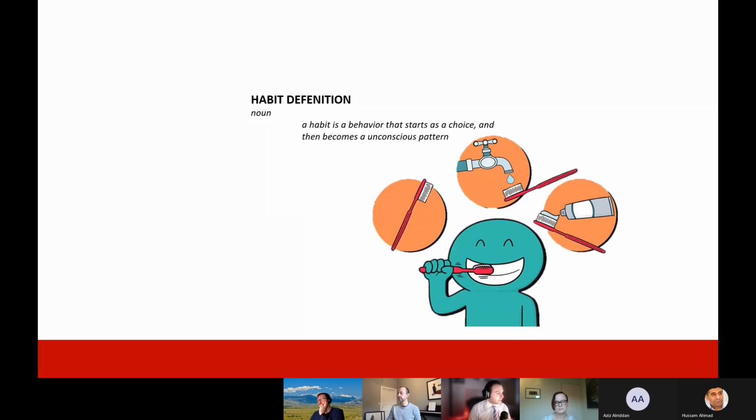Normally you take up the toothbrush, you put on the toothpaste, and then you take some water on it. Or the different way around: you take up the toothbrush, you take on the water, and then you put the toothpaste on it. So you have the same habit, but different behaviors within the habit. It depends on the order you have.